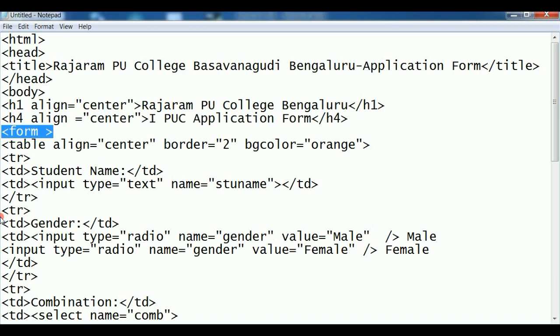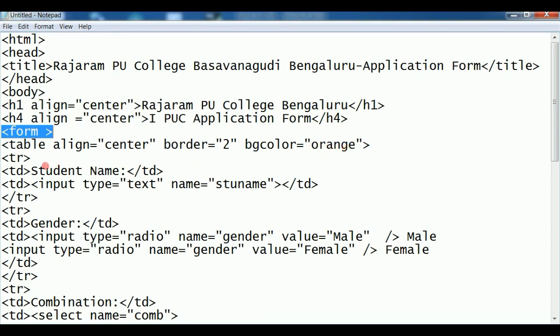We are only learning basic forms. Next, here I said table is a table tag, align center, border equal to 2, BG color, this is background color, orange. The table will be aligned to the center, the border size will be 2, and the background color of the table is orange. Whatever color you want, you can put.